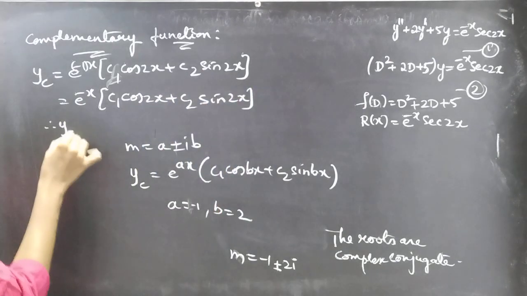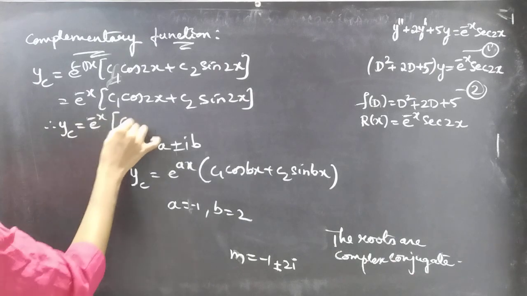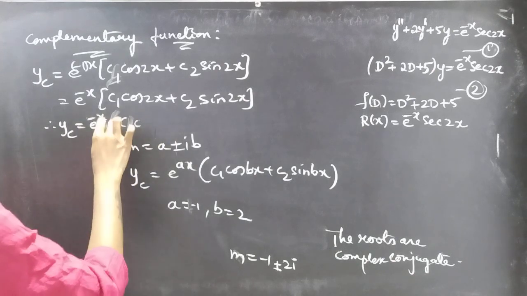Therefore, yc equals to e power minus x of (c1 cos 2x plus c2 sin 2x)